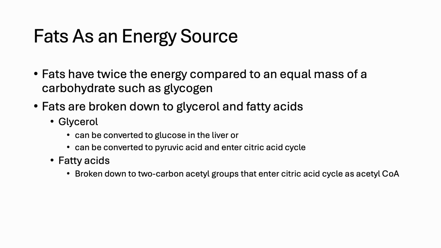Fats are especially important energy sources because they store more than twice the energy of carbohydrates. When fats are broken down, triglycerides are split into glycerol and fatty acids. Glycerol can be converted into glucose in the liver or processed into pyruvate to enter the citric acid cycle. Fatty acids are metabolized differently. They are broken down into two-carbon units to form acetyl coenzyme A, which then enters the citric acid cycle directly. This process, called beta oxidation, generates large amounts of NADH and FADH2, feeding into the electron transport chain to